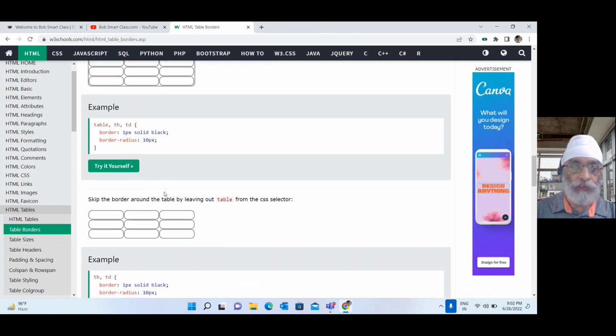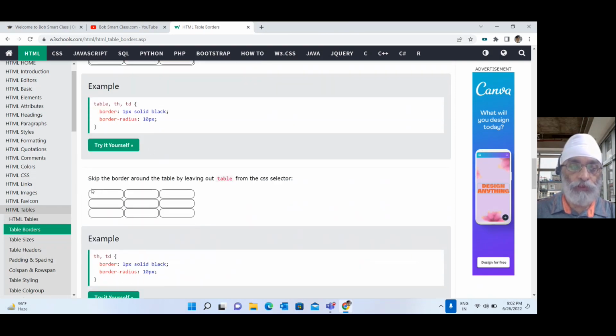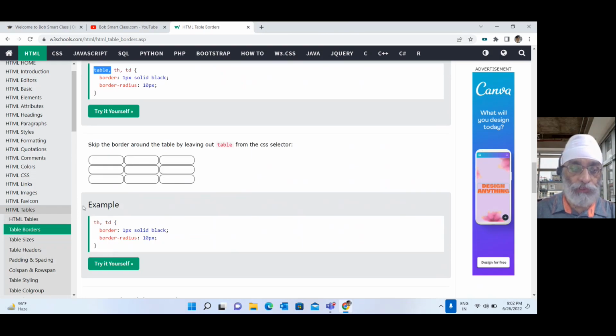So if you want to remove the border of the table, you should remove table from this style. In the second example, there is no border for the table,